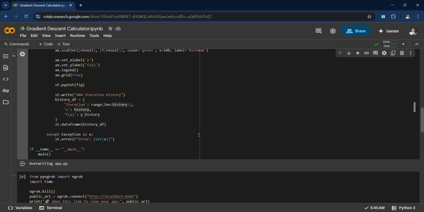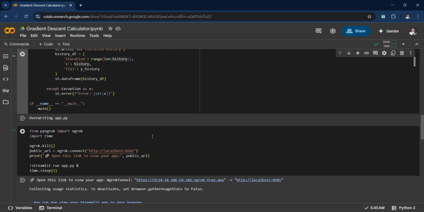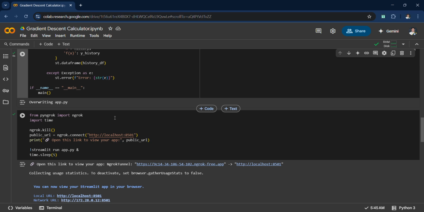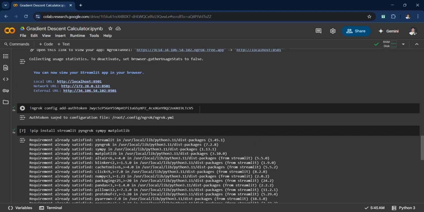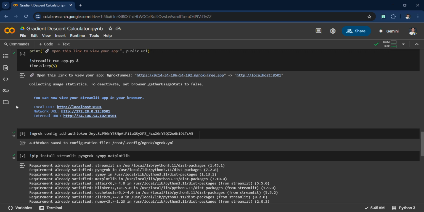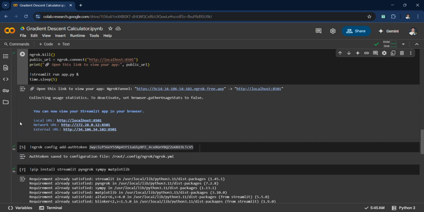The next is we must then run the import. Here, we must first run the auth token from Ngrok. You can get your auth token on the Ngrok website. You must register and get Ngrok to be able to use Streamlit in Google Colab.